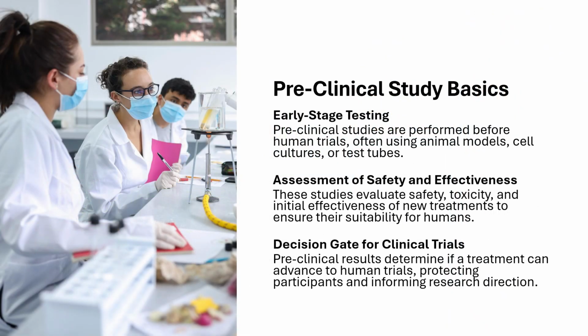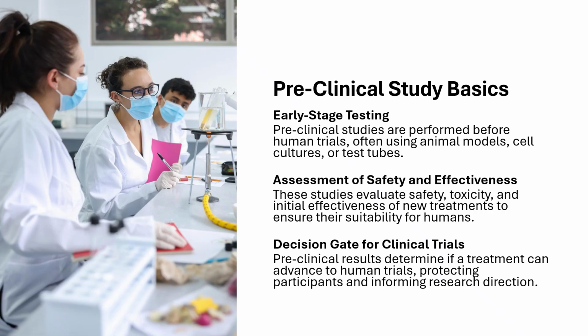Before a drug or treatment ever reaches a human participant, it goes through preclinical testing. This phase is designed to answer a fundamental question. Is it safe enough to try it out on people? Preclinical studies use human cell cultures or animal models, such as mice, to determine how a new compound behaves in